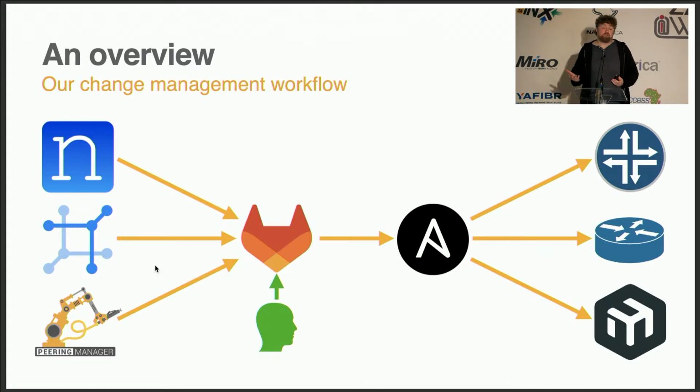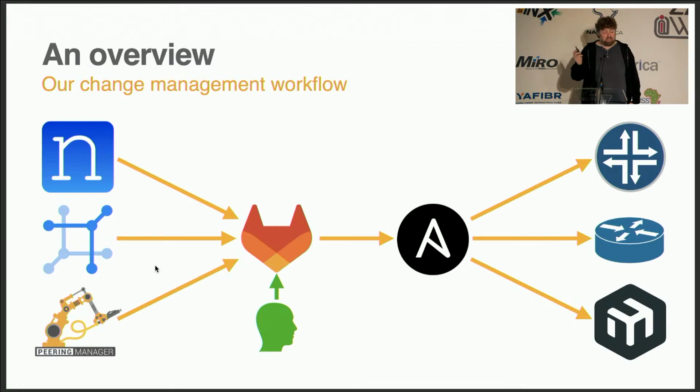In the end, we sold it to the engineers saying, yes, all the boring stuff that we can automate is now automated, so you have more time to spend on interesting work. And in the end, they accepted that. But when you're doing automation, you're changing the roles of people in your team. And that bit is much more difficult than writing an Ansible script.